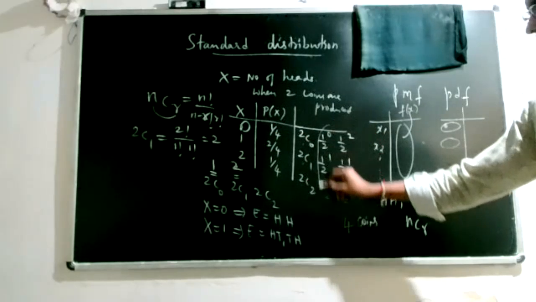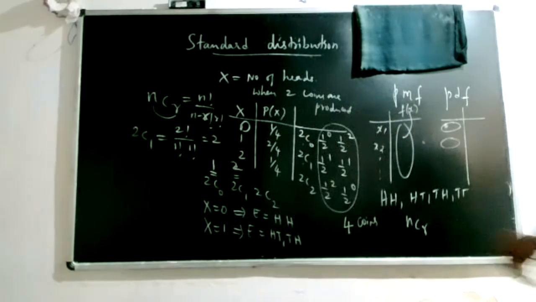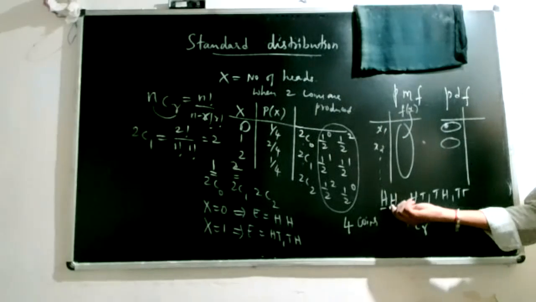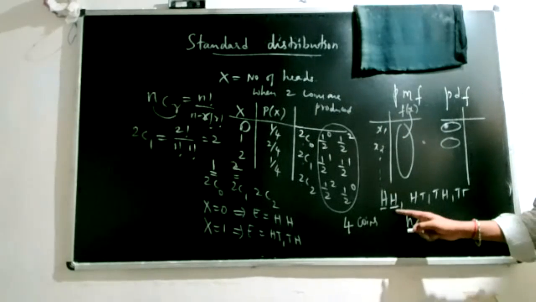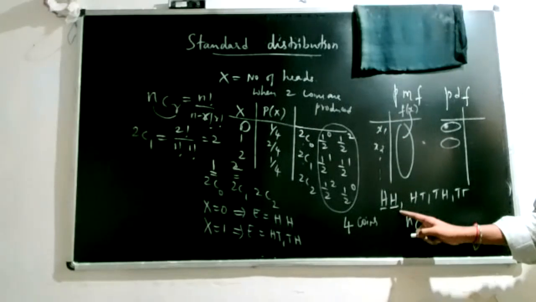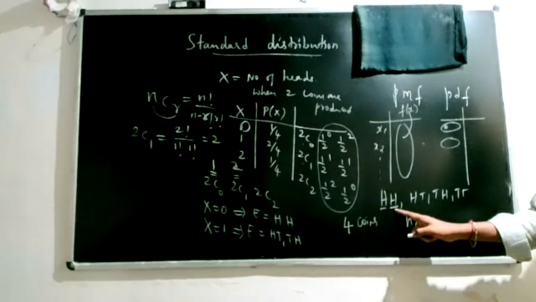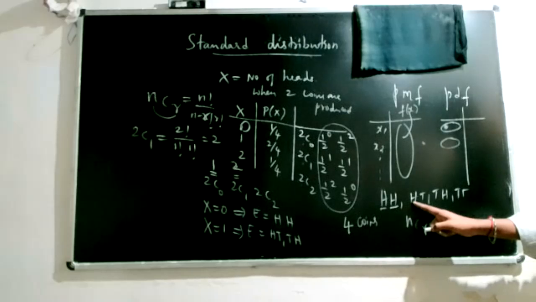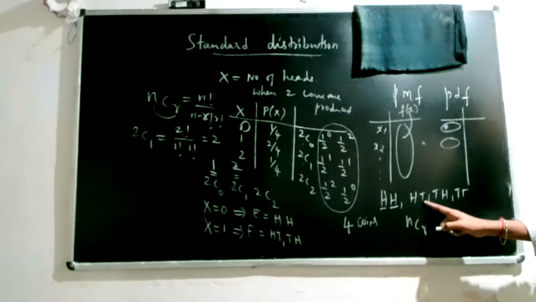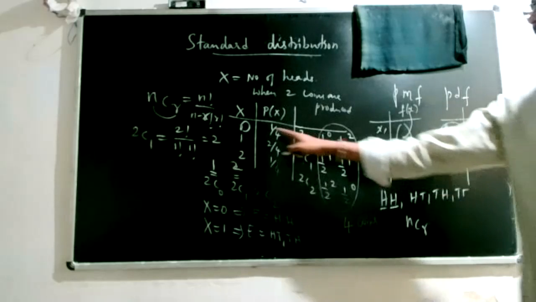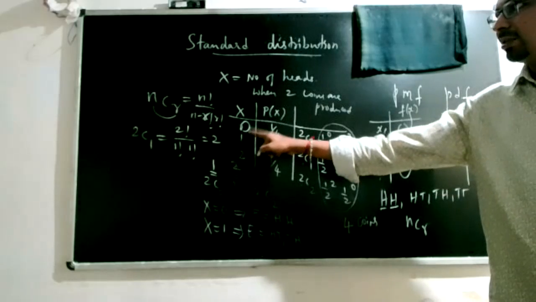And if you look into this form, the half is also very easy to understand. We said that the experiment is conducted under the assumption that the outcomes are equally likely. So there is a chance of half of observing head in the first coin, a chance of half of observing head in the second coin, and a chance of half of observing tail in the first coin. So when I say I am observing x equal to 0 heads,